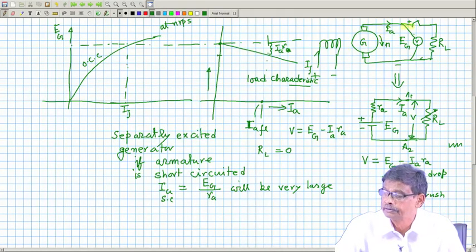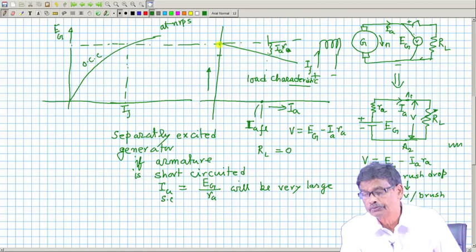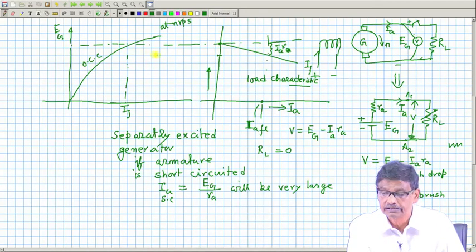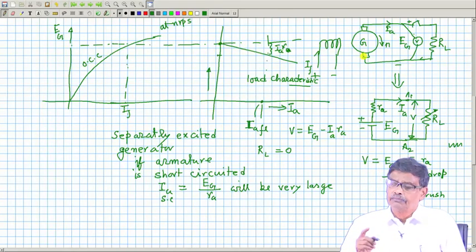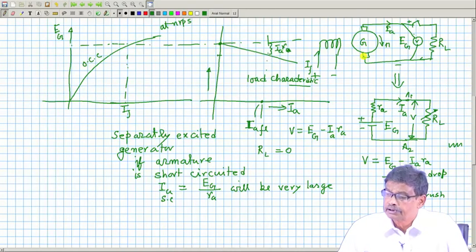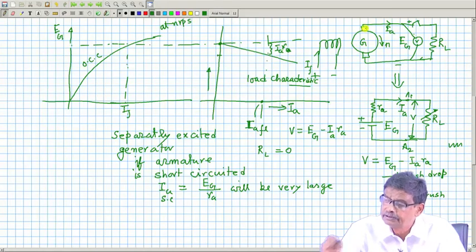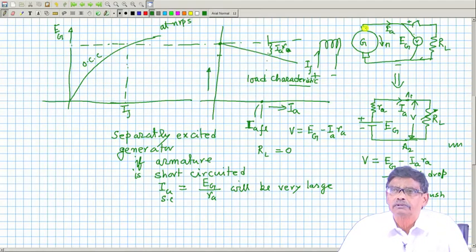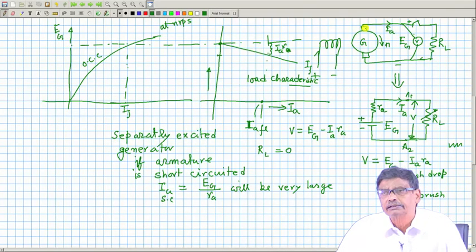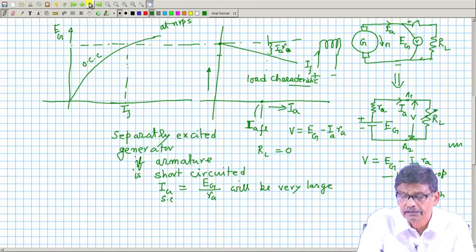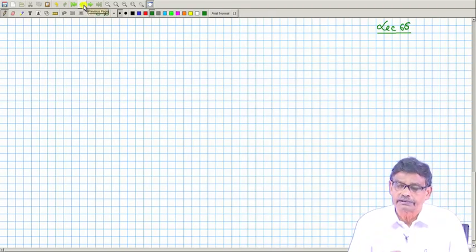use that power. Okay. So, the armature will deliver power and your terminal voltage, of course, will not remain at E_g, that is the open circuit voltage, and it will decrease. The voltage decrease will take place because of the armature resistance drop, because of another voltage drop in the brushes, and another term I used, that is called armature reaction. We will come to that after I discuss a bit about the shunt generator. Okay. So, today I will just tell you about the shunt generator.